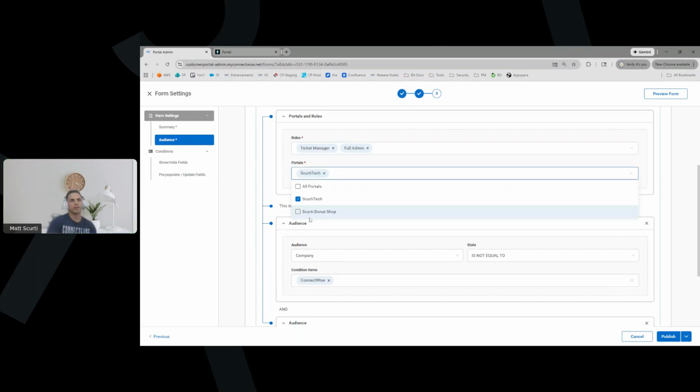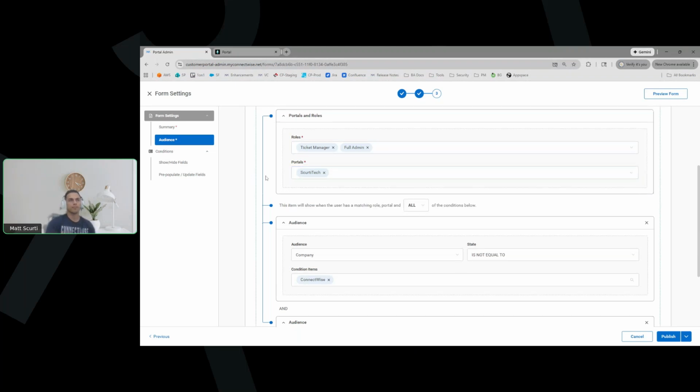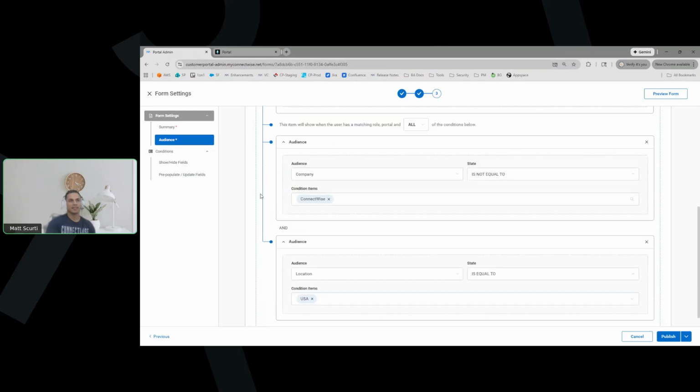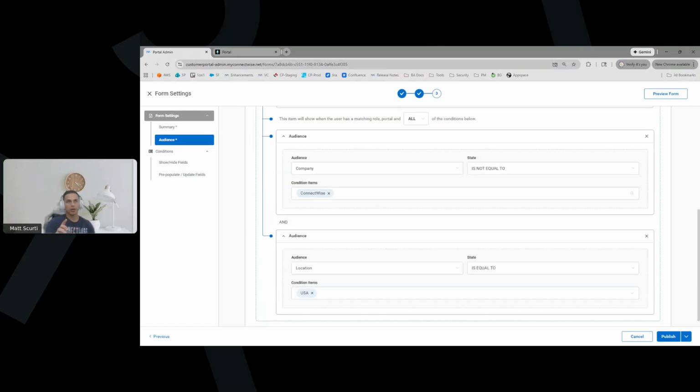And then you also have the ability, if you're using multiple portals, you could select which portal it shows up for. And then we'll start to get into the actual controlling if it needs to only be displayed for certain companies or certain locations. So the audience I'm looking at here is I want to make sure that it's not visible to someone at a certain company. So for this audience, I selected company, I set the state is not equal to, and I set ConnectWise,